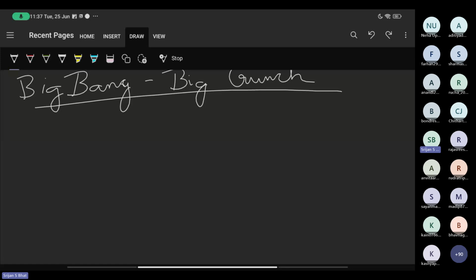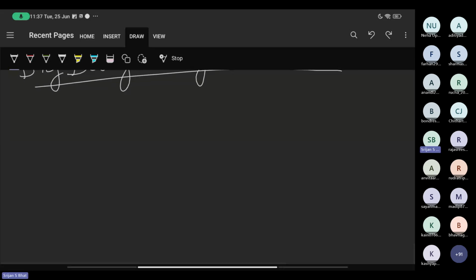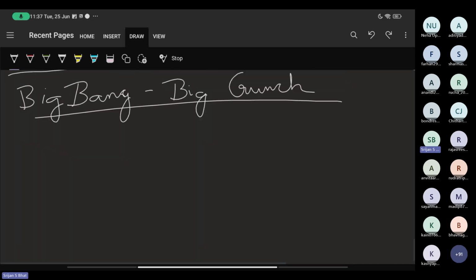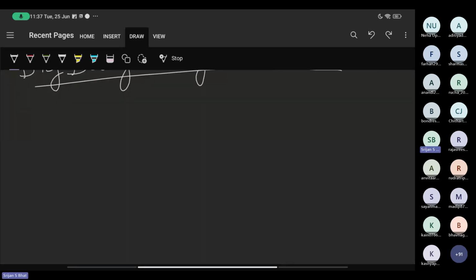So, what is this algorithm specifically? It is the Big Bang Big Crunch algorithm. What happens is you initialize points in your search space with random points.